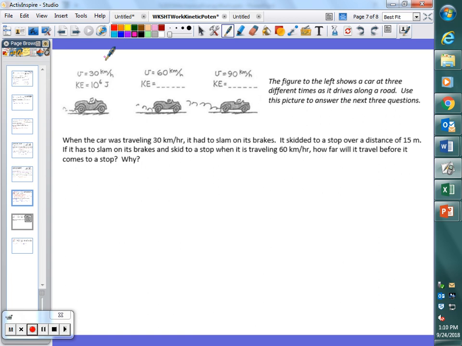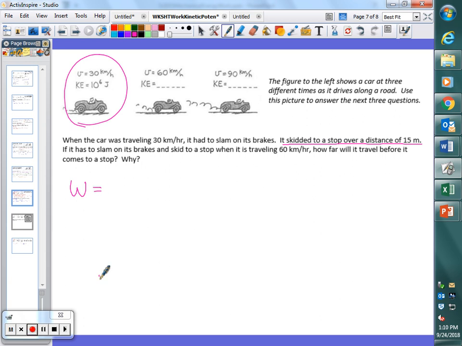it says, when the car was traveling at 30 kilometers per hour, so pink circle, it had to slam on its brakes to come to a stop. And it said that it skidded for 15 meters before it came to a stop. First question. It doesn't say this question on the sheet here, but it's an important question for us to answer. Is work being done on the car when it slams on its brakes and skids to a stop? Negative work is being done. Okay? So in the pink circle, to bring the car to a stop,